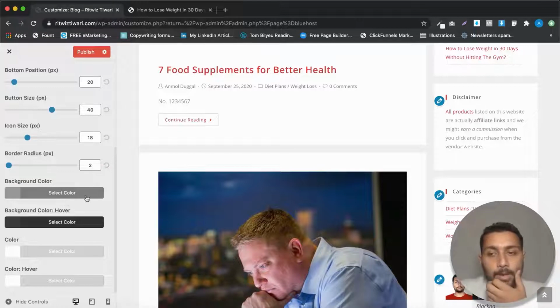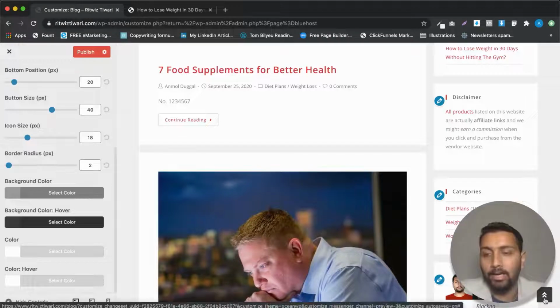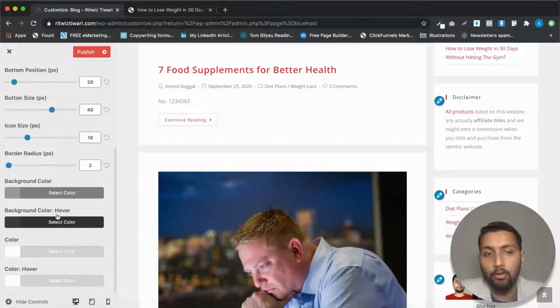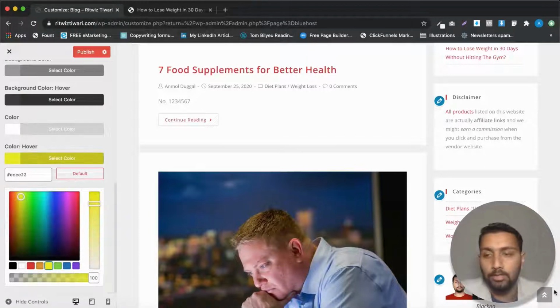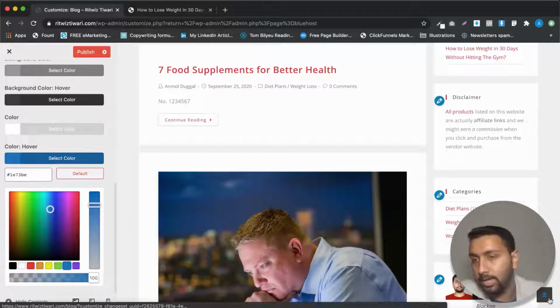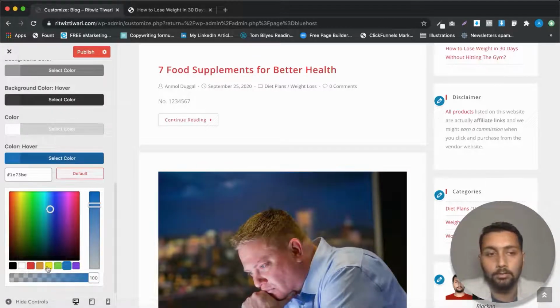And then you can change the background color. Right now it is grayish, and when I hover over it, it is black in color. So you can change those settings from here. The color of the icon is white right now, so you can change that. And when we hover over the background color, you can change it to maybe something like yellow. So let's see how that changes. See, now the color is actually yellow. Let's make it something more prominent. Let's make it blue. So you can see here that inside of black now we have a blue color. Okay, let's change it back to white.